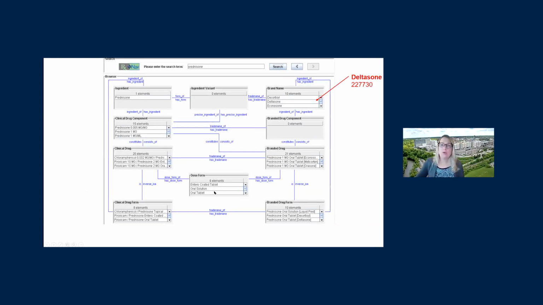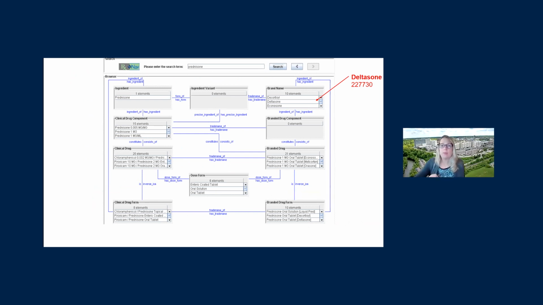Just to give you a quick overview, just to show you some of the differences, I thought I would highlight a few. This is RxNorm, which is the standard for medication data maintained by the National Library of Medicine. So you'd have a code number here for a Deltasone brand name. It's a 6-digit code number, but that actually represents a very specific brand